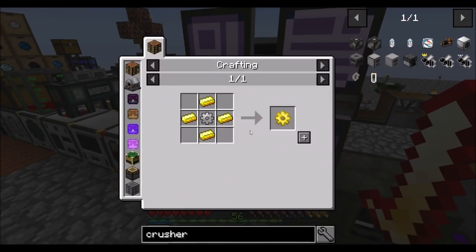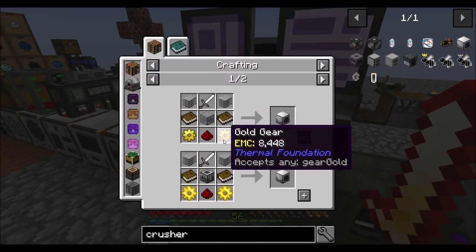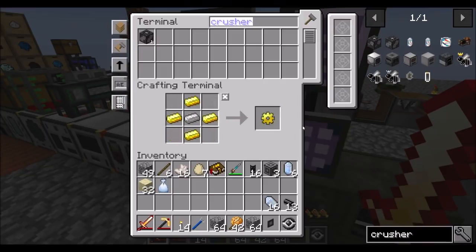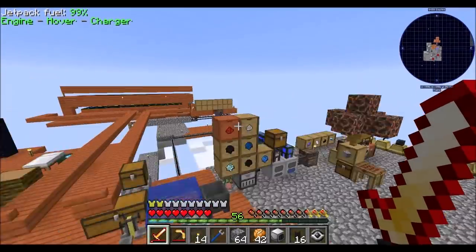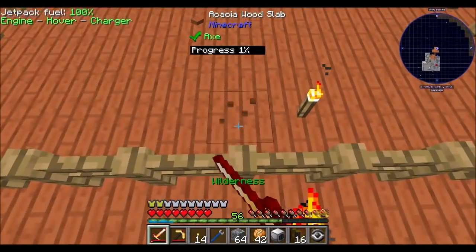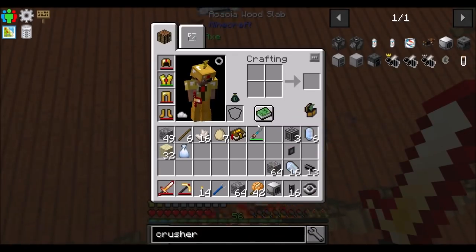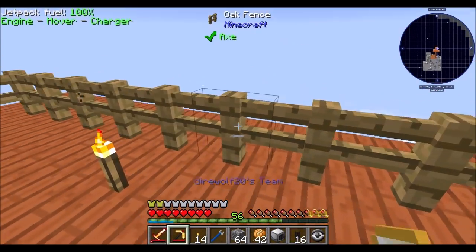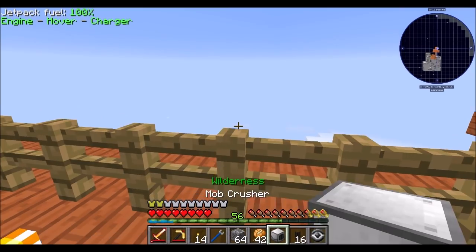Cool, that's better. And then 2 gold gears. Thermal Foundation gold gears are easier to make. And then you just need some power, and you should be good. So what we'll do is we'll stick you probably... What I could do is just stick him... Well, if I put you here...